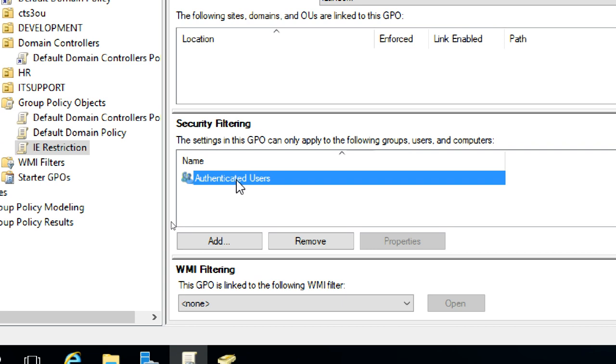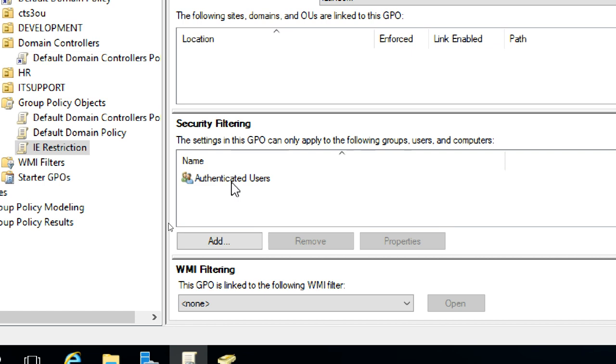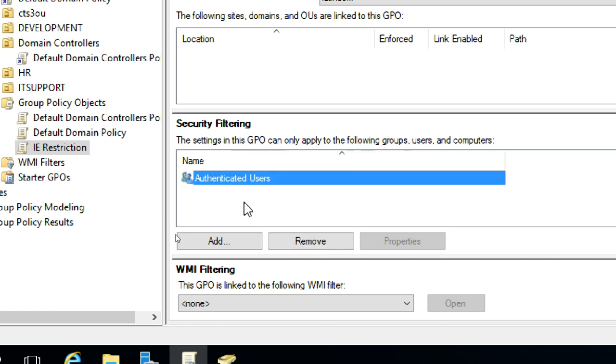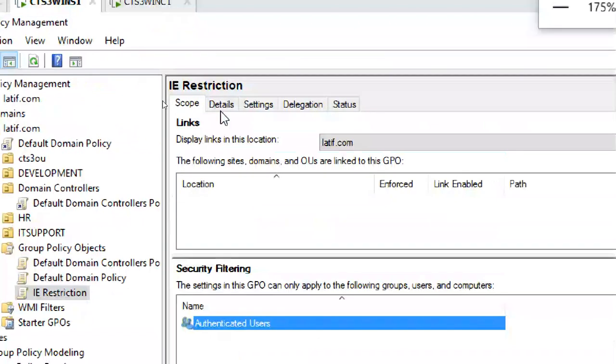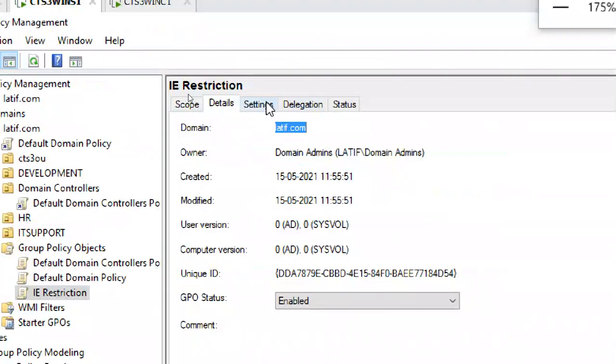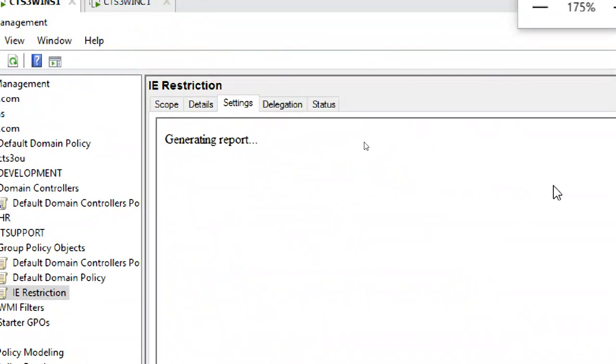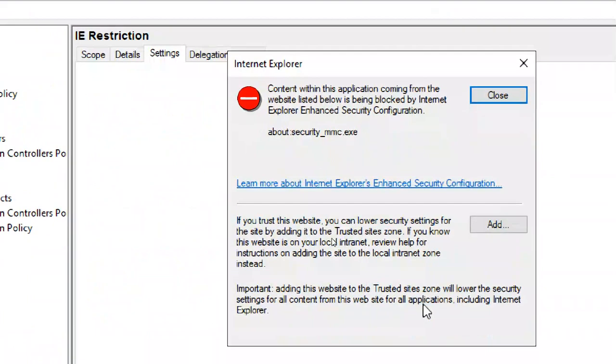Authenticated users means all users who can get authentication. If you got authentication, you're an authenticated user. You can remove it and add a specific user also, but you cannot link the policy to a specific user. You can add a user here, a specific user. There is also WMI filtering. Under details and settings, when you click on settings, it will show an MMC kind of view.